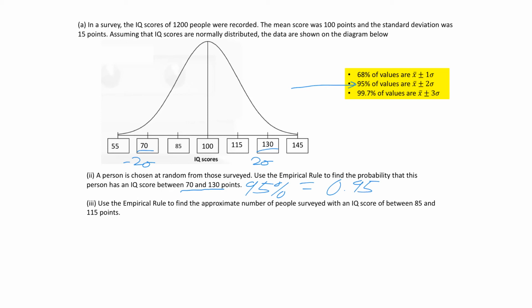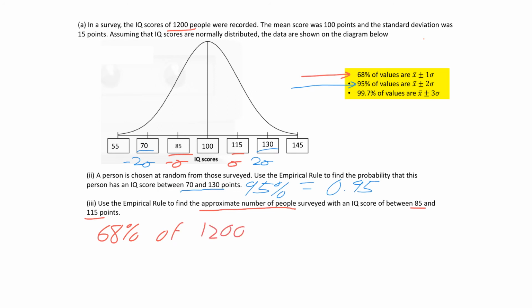Last part then, use the empirical rule to find the approximate number of people surveyed with an IQ score of between 85 and 115 points. So for 85 and 115, we can see that is 1 standard deviation, which is 68%. But be careful, because they're asking us for an approximate number of people. Okay? Our total from the question is 1,200. So we need to find 68% of